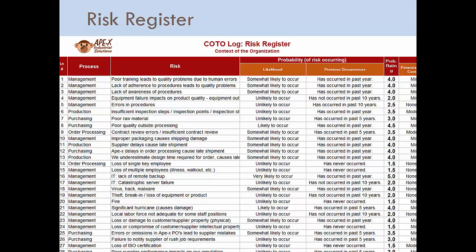The next column there, the third column, is risk. We're going to indicate the actual risk. So the first one here, we have poor training leads to quality problems due to human error. Now, most of these risk calculations are, of course, as you're probably aware, probability times consequence or likelihood times severity,